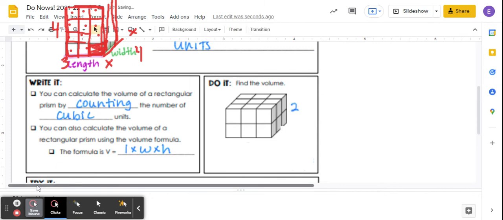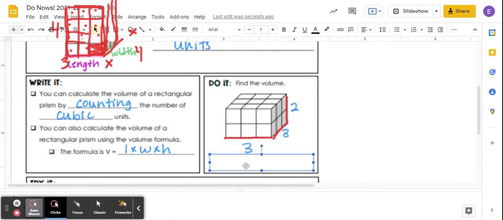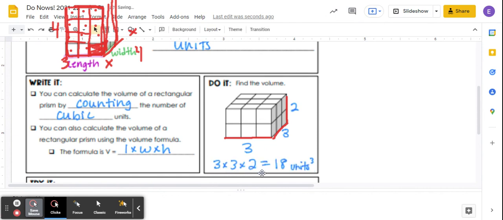So we can count and see that, let me get the pen, this is 1, 2 units high, right? It is 3 units wide, and it is, let's see, 3 units long here. So we have a 3 by 3 by 2 unit rectangular prism. So we can say 3 times 3 is 9, times 2 is 18 units cubed because it's three-dimensional. So our units become cubed. You can see that little tiny 3 up there implying